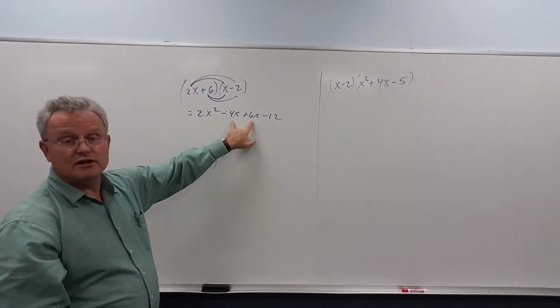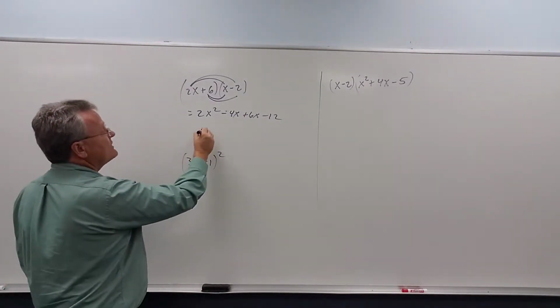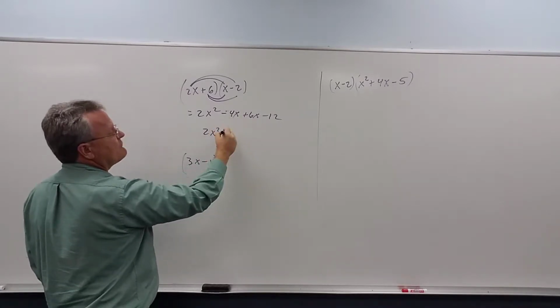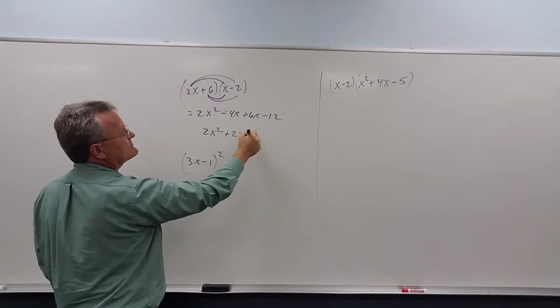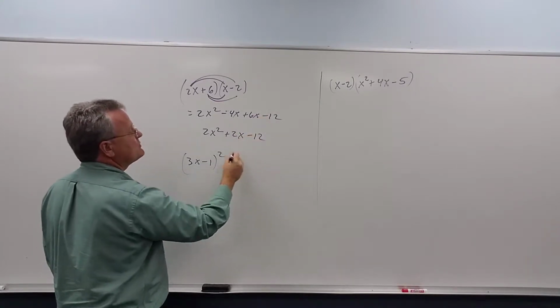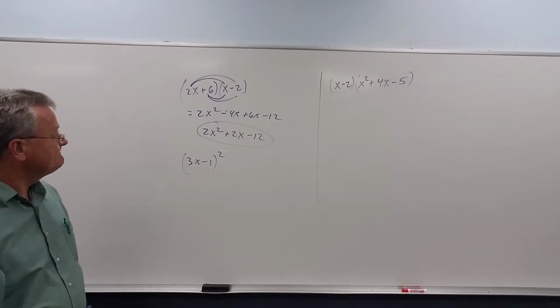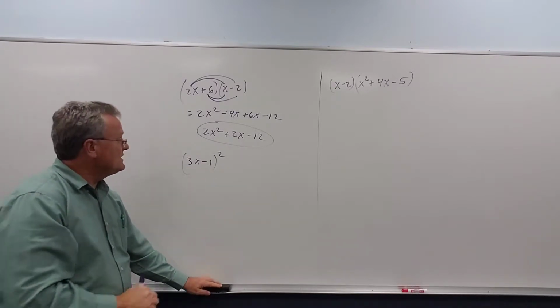Then you add your like terms together, and we get 2x squared. 6x minus 4x is positive 2x, and then we have minus 12. So this is the answer to multiply these. For this one here,